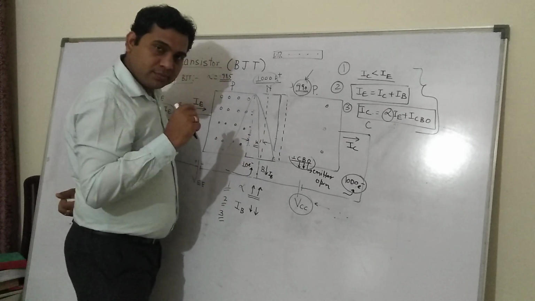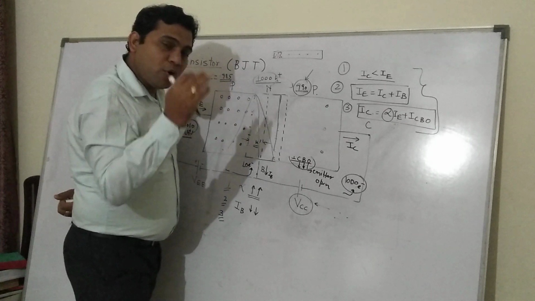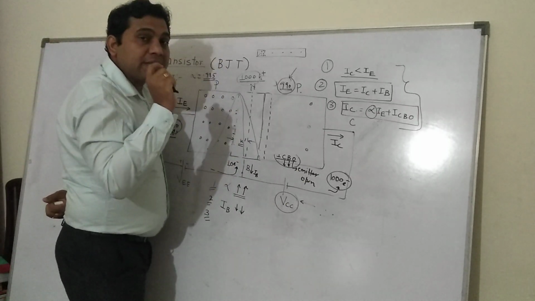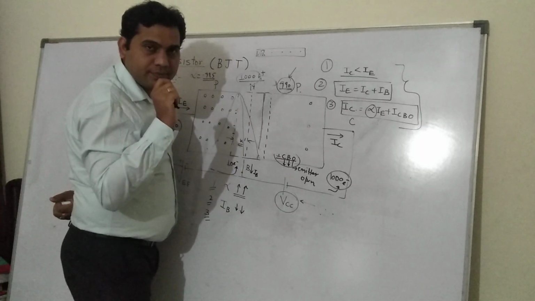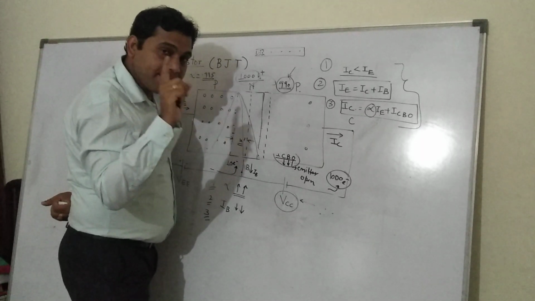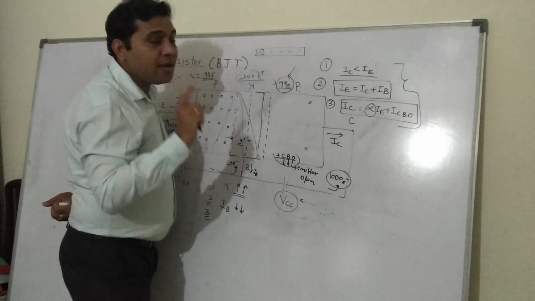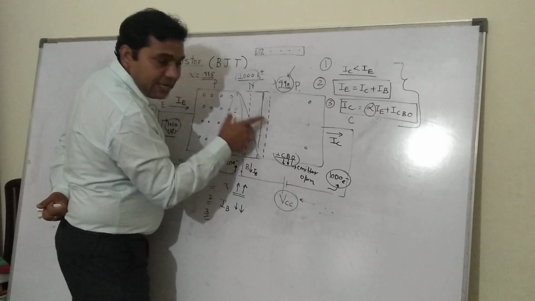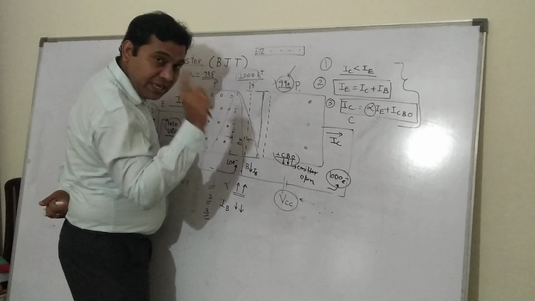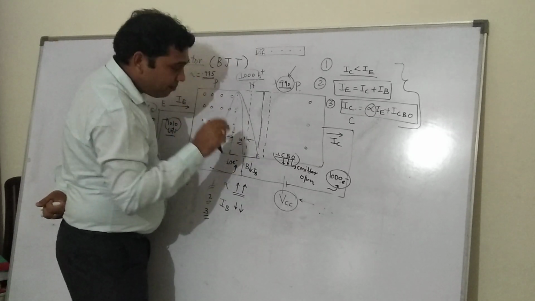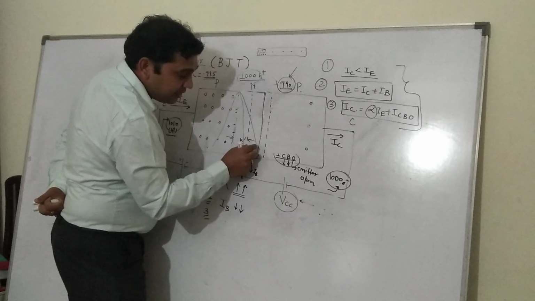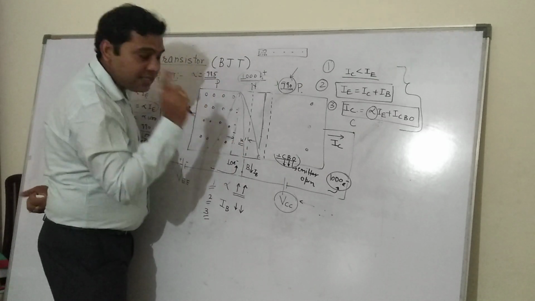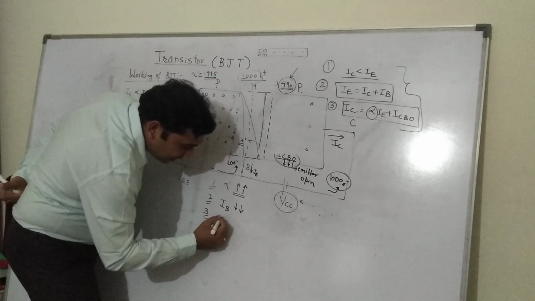Which one is more? So here that is steep. So definitely if the concentration gradient is more, the current IE will be more. I'm not going into the quantitative analysis of this, but definitely from the curve one can understand that in this region, if you have a more width of the base, you have a concentration gradient like this. That means you have some current. But now if you have increased the VCB, since the effective width of the base has been reduced, and now you have a concentration gradient graph like this, definitely the IE has now increased.